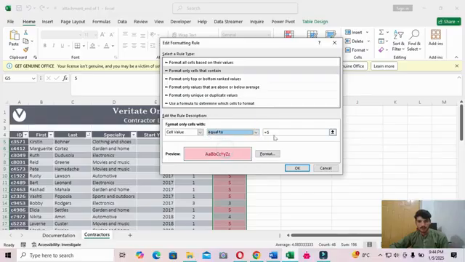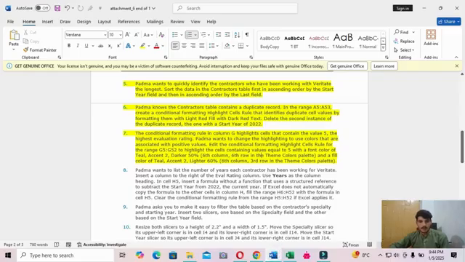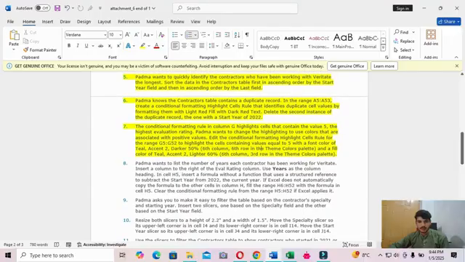Okay, equal to 5, and then change the color of the conditional formatting. Font color Teal, Accent 2, Darker 50%, fifth column and sixth row.